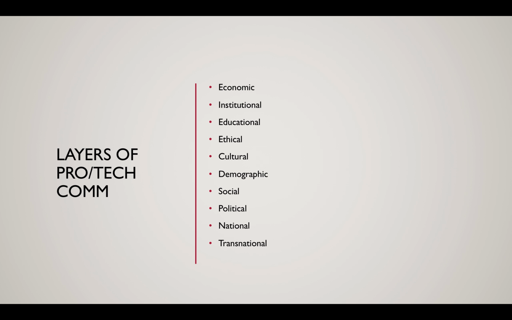So products or companies that work in many different countries, how are they able to communicate clearly and ethically and use context well, whether it's a workplace or whether it's a product? How do they get everyone on the same page? And so as we're thinking, this is a really long list, but as we're thinking about things through the semester, different technical communication and professional communication products and situations, I want us to come back to this list and understand that they all have these different dimensions to them.